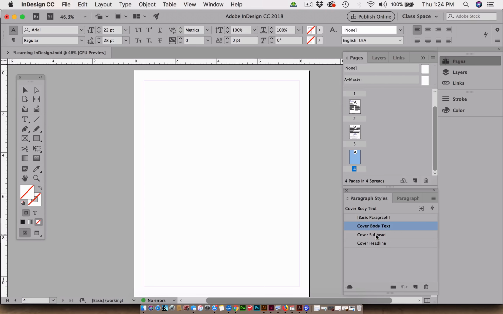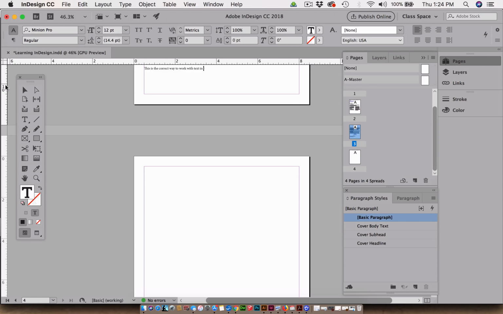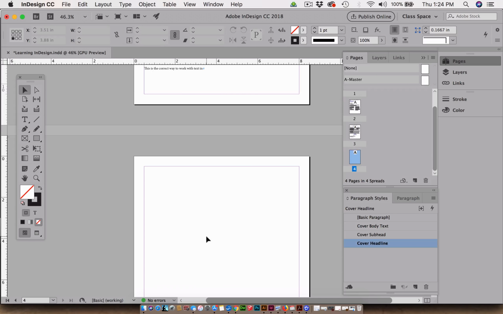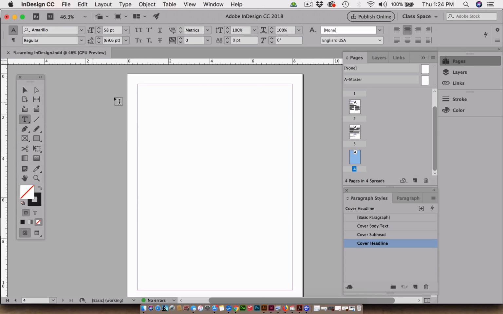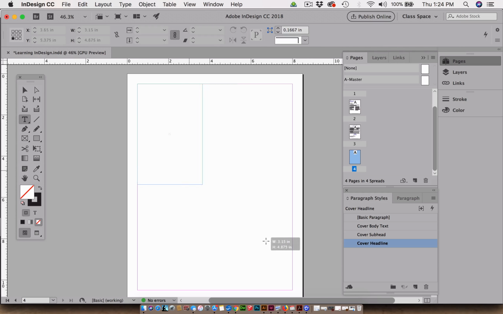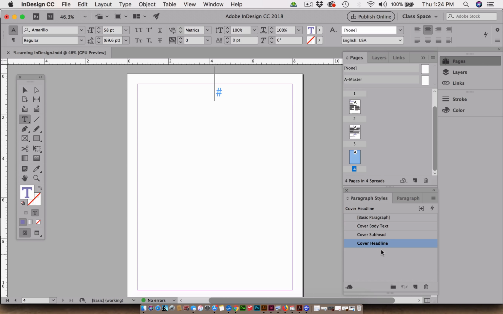And this time I'm going to click cover body text, well, basic paragraph first. Okay. Click away, and now I lost my place. My placed text seems to be gone. That's okay. I'm going to do it again. Text tool. This time I'm going to make the box better, or more correctly, and then choose, starting with the body text style,